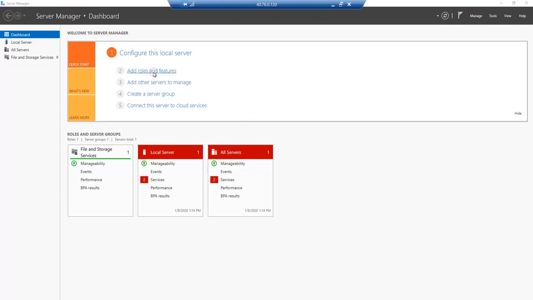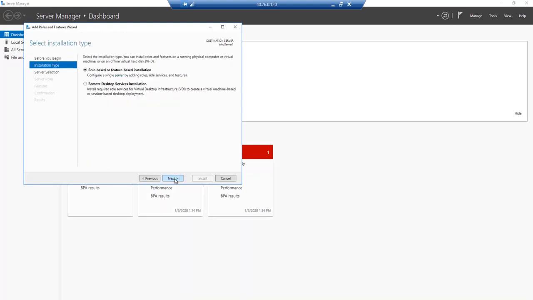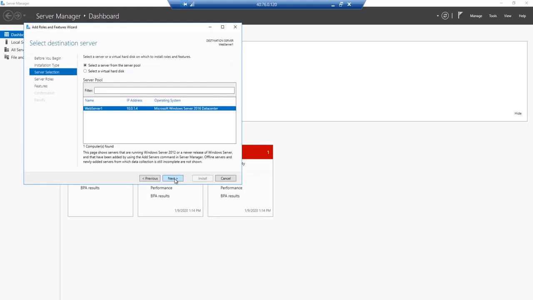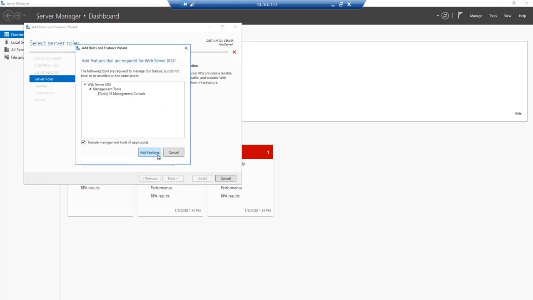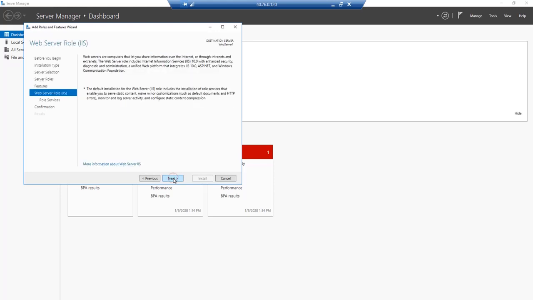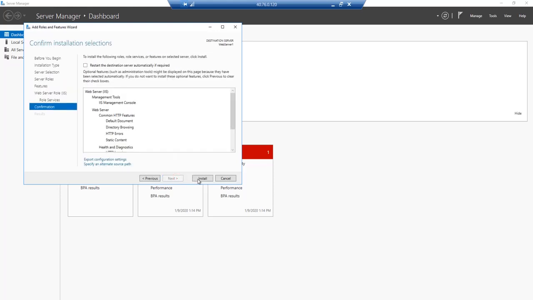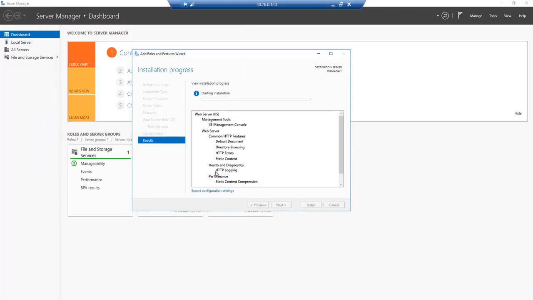I'm going to click on add roles and features and click on next, and I will select IIS from the roles and add the feature. Click on next and then install the IIS role. So when the installation begins,